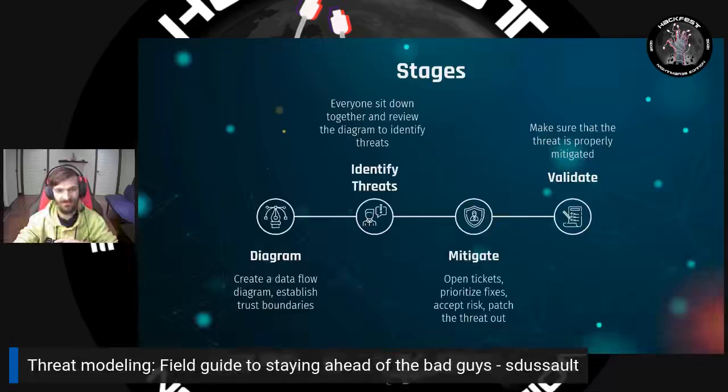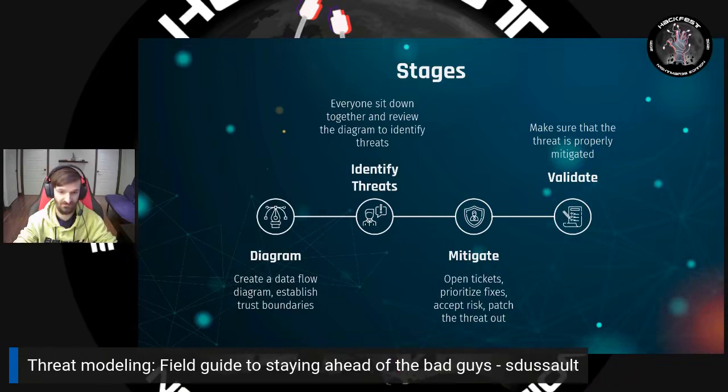So in general, when talking about threat modeling, there's 4 main steps that we go through. The first one would be the diagram, or identify what you are working on or what you will be working on. In this case, the diagram is basically just the same type of data flow diagram that you would have in your architecture documents or as part of your software guidelines and documentation, with the added touch